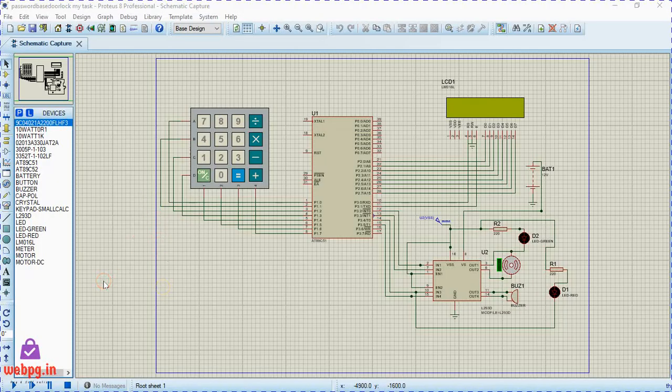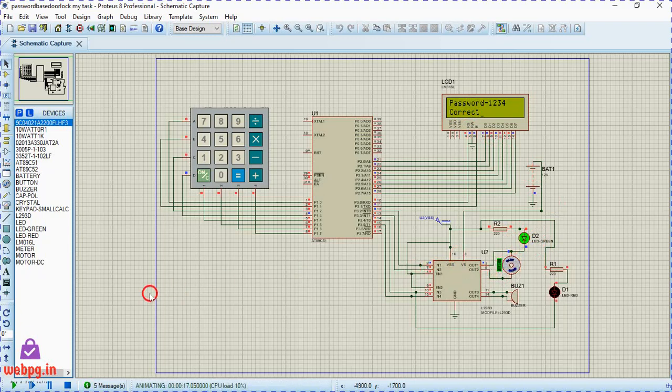So this is the simulation of the password-based door lock system. Let's start this program, and it started running. It shows no error, and we enter the password 1234, and it shows that it's the correct password, and the green LED starts blinking and the motor starts rotating.